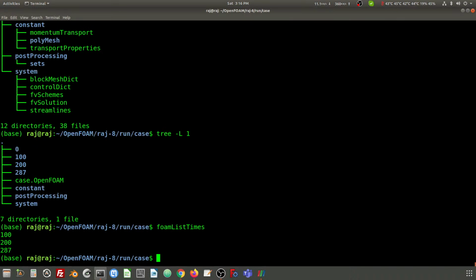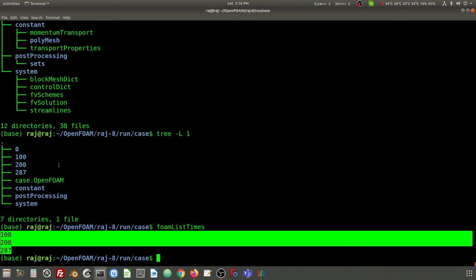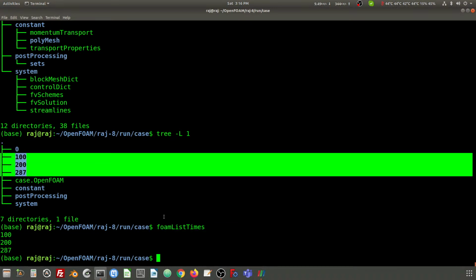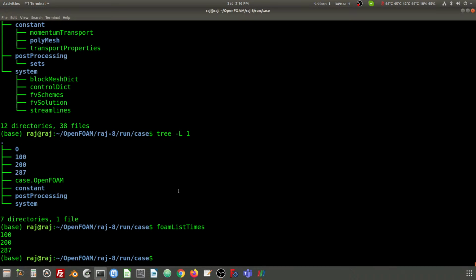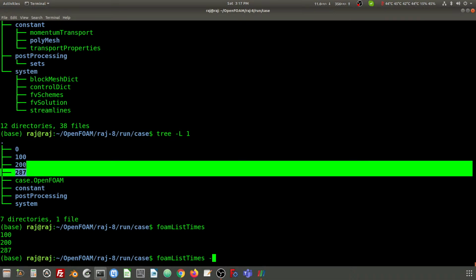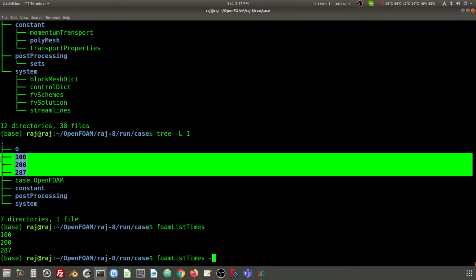If you enter here, it will display the directories, how many directories there are. Now I want to remove these, because suppose we have changed the settings and run the simulation again, it will overwrite. So it is better to remove the existing time directory or iteration directory trees